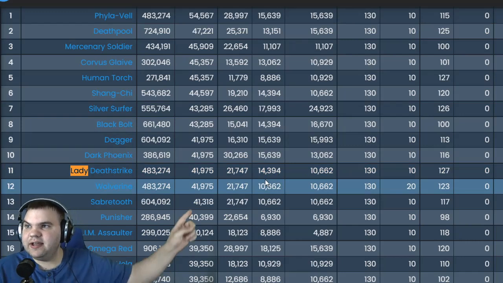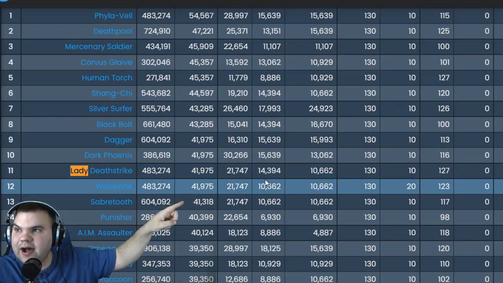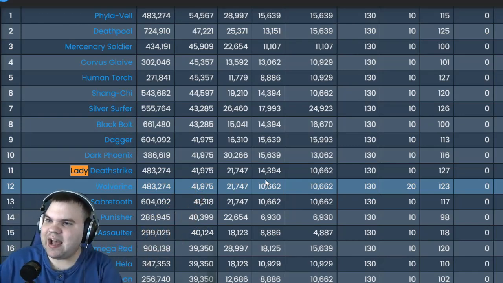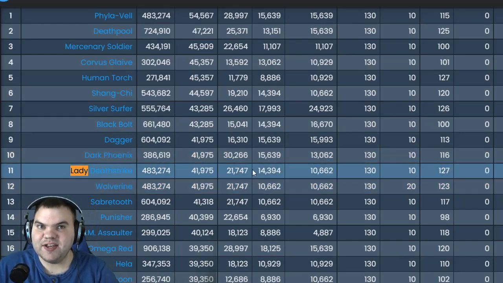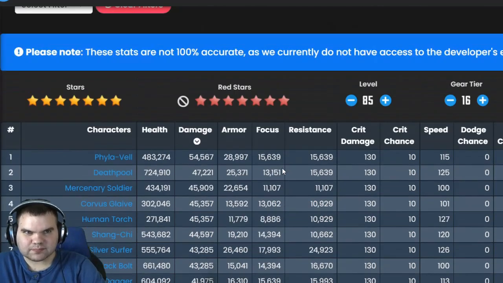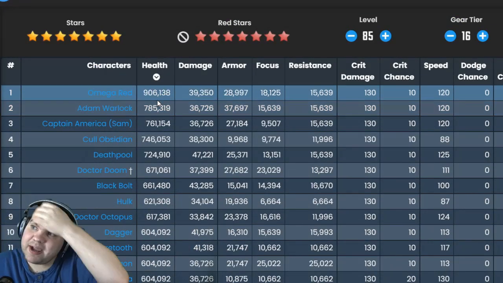You can see that boost in focus is pretty big. I like it. So yeah, that boost in focus is why I've prioritized higher red stars on her. This will give you a better chance of applying bleeds over the other characters. And I think if you take a look at this, you're going to see, number one, Omega Red is up